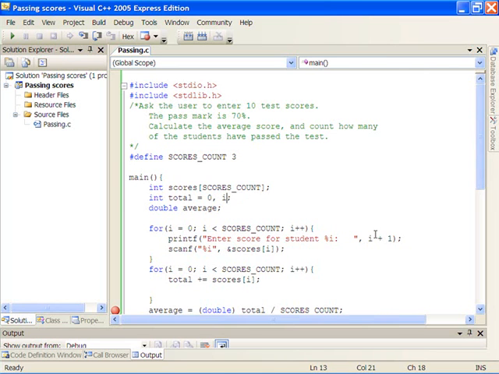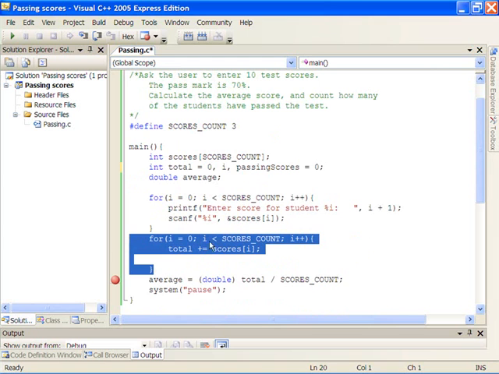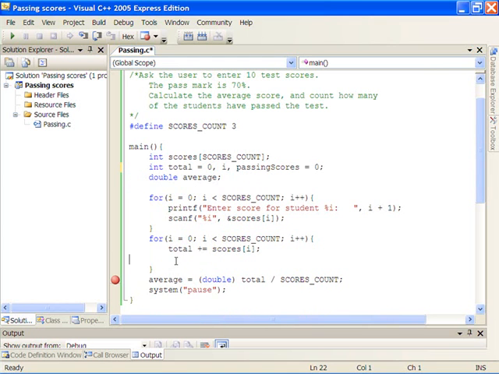Well, let's make a variable to count the number of scores that have passed. Passing scores, and I'll initialize that one to 0. And now we want to somewhere check and see if a particular score has passed and add 1 to the passing scores. Well, I could make a new loop and loop through each of the values in the array, or I can just kind of reuse this loop. While we're totaling, I can put a test in here to see if